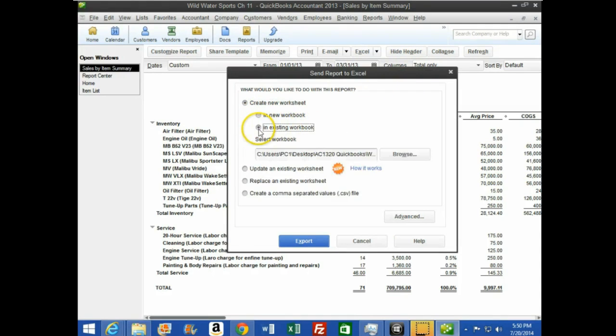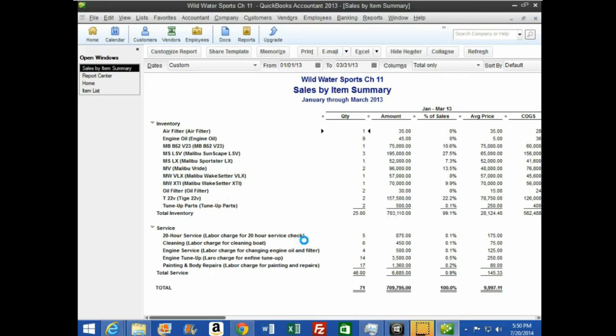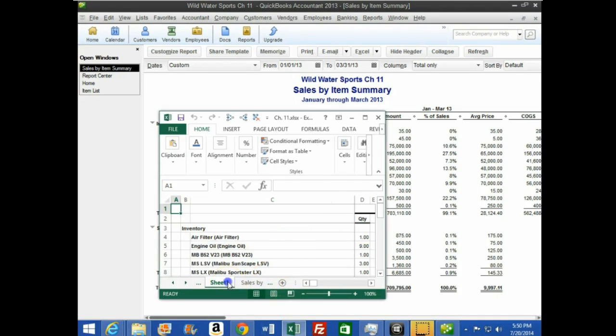So I'm going to select the second item, and it's already going where we want it to go, which is this Chapter 11 account. Then it will create a new worksheet within this workbook. Once it does that, we will, of course, just change the name of it to the name represented here, which is Sales by Item Summary